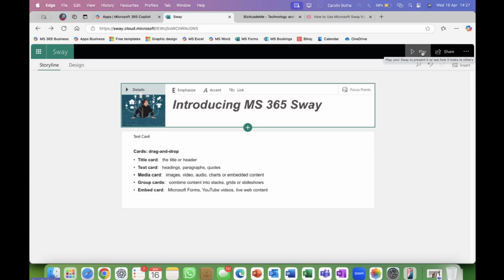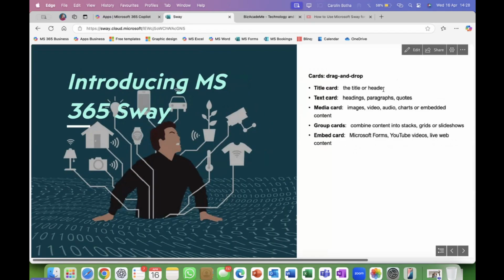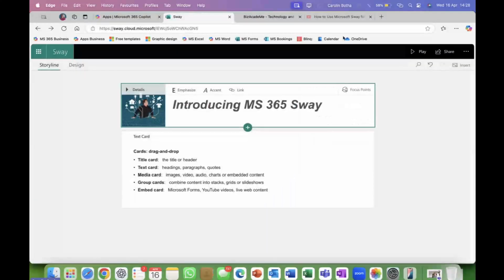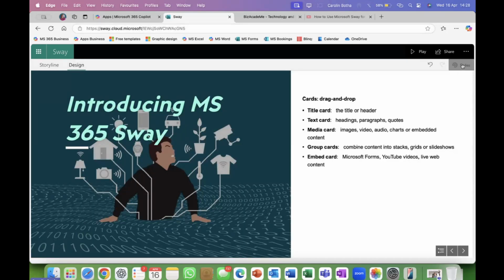So we're building a storyline here, as you can see on the left-hand side. So let's go and play it, and it's a preview, and see what it looks like. Aha! So it's showing on the right-hand side, not bad at all. So let's go and edit further, and go to the design tab and choose.